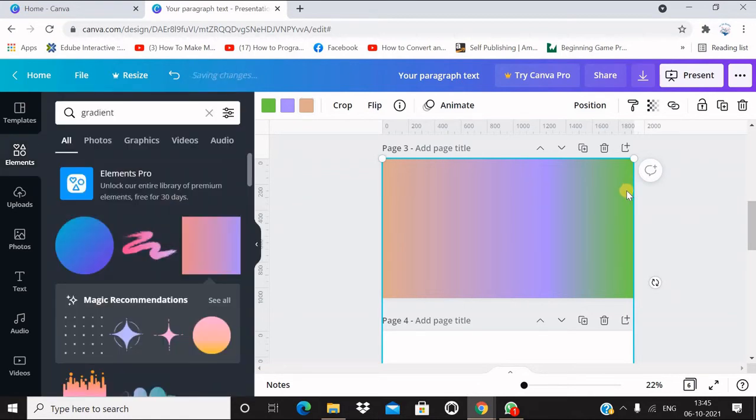Now suppose I want to shift this from right to left side. I can select it, then use flip. I can make a horizontal flip. Now you can see the colors have changed sides. Now suppose I want to take green to the top.